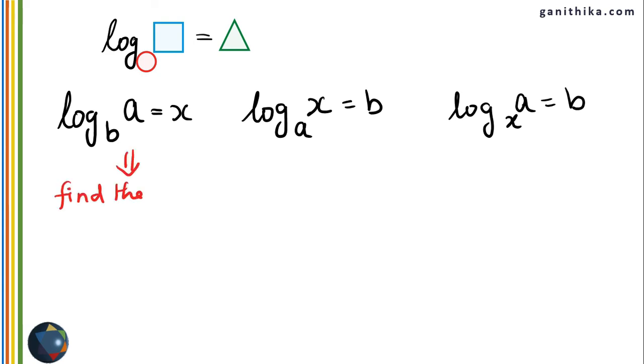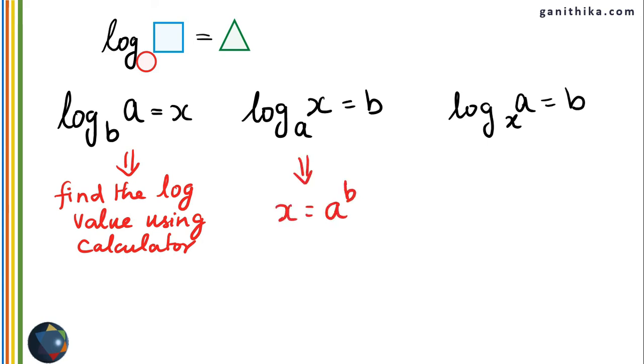For the first case, log of a base b can be found using a calculator, which gives the x value directly. In the second case, we will use the definition of log, changing to an exponential equation where a power b equal to x. Therefore, x is equal to a power b will be the solution for this equation. Whereas in the next case, using the same definition of logarithm, converting this to an exponential equation, we get x to the power of b equal to a, and therefore this is a polynomial equation making x is equal to a to the power of 1 over b.